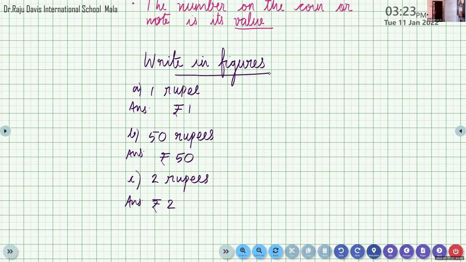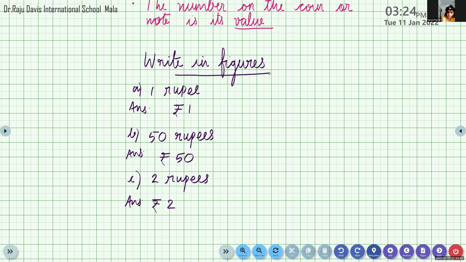See, you can do one thing in your notebook. You can make the impression of the coins on your notebook. How will we make the impressions of coins? See, you may have the coins, no? 50 paisa coin, 1 rupee coin, 2 rupees, 5 rupees and 10 rupees. You keep it inside the book and turn the next page. And on the page, you can draw the shape of the coin. So you will get the impression of that coin.